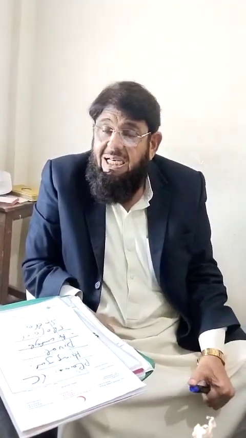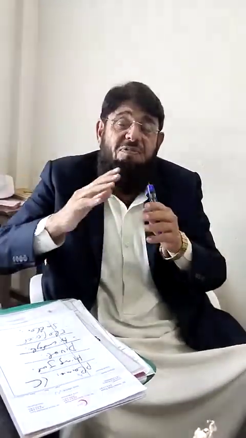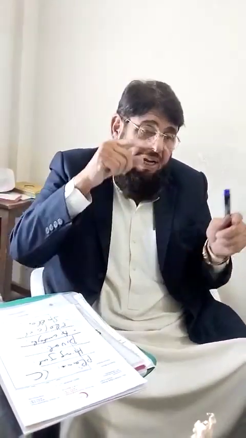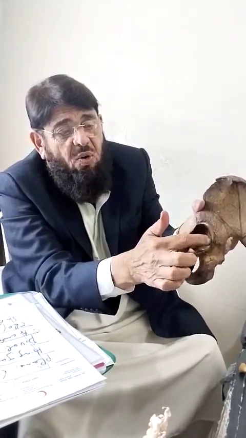And then lastly, the most multi-axial and freely mobile joint, that is the ball and socket joint. In this ball and socket joint, on one side there is a big socket. For example, you can see this is the acetabular fossa in the hip bone, and on another side